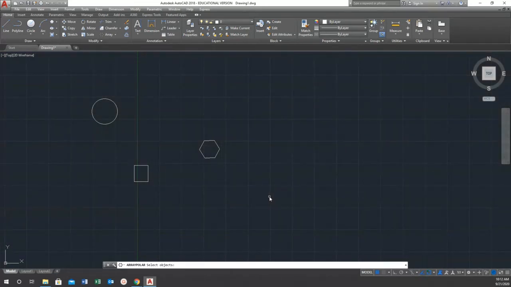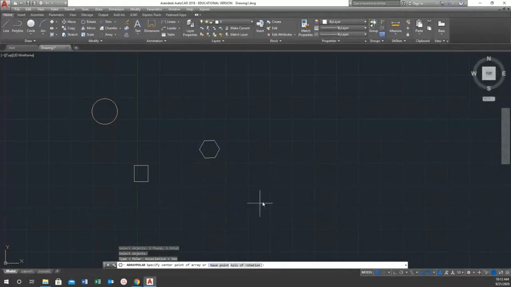Control 9, control and the number 9, not control F9. It's control and 9 at the same time. Okay. So when you say select object, you select one of those objects. Let's see. I'm going to select that hexagonal shape again. Maybe I need to select this square or that rectangle right there. So you can keep selecting until you get satisfied, and then you right click to be ready to answer